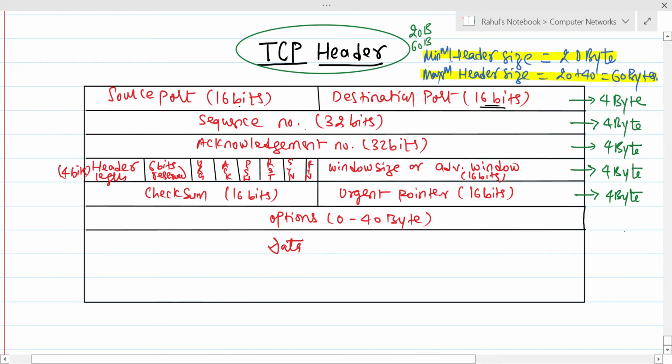Thereafter, we have the sequence number, which consists of 32 bits, and then the acknowledgement number field, which is also 32 bits. Basically, each field has its own function and its own working. We are going to discuss them one by one just after this overview of the TCP header, right? In the next part, we have the header length of 4 bits. 6 bits are reserved. Thereafter, we have the urgent bit, acknowledgement bit, push bit, reset bit, synchronization bit, and finishing bit,